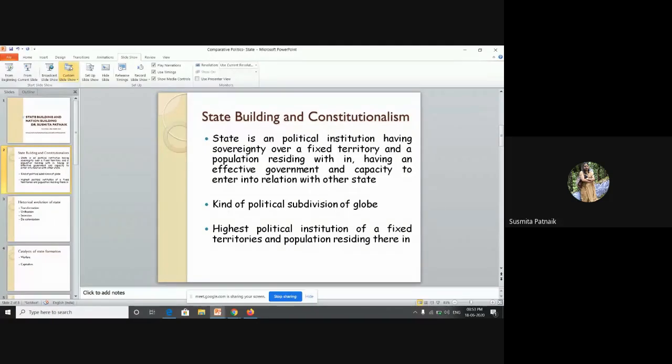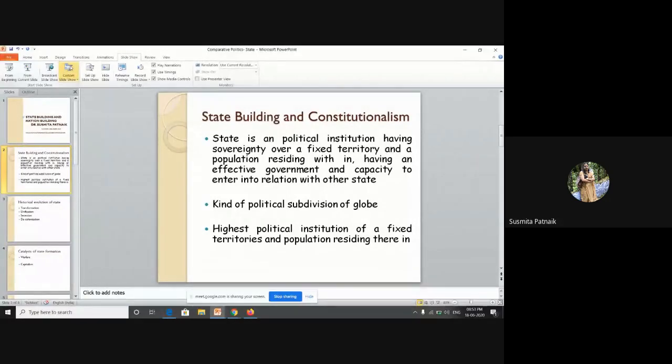Take for example the Indian case, the amendment procedure is a very difficult one. Two-third majority should be there. It should be passed by the two houses. So this is the process. The procedure of amendment is very difficult. But in the United States of America, the procedure of amendment is a very easy process.